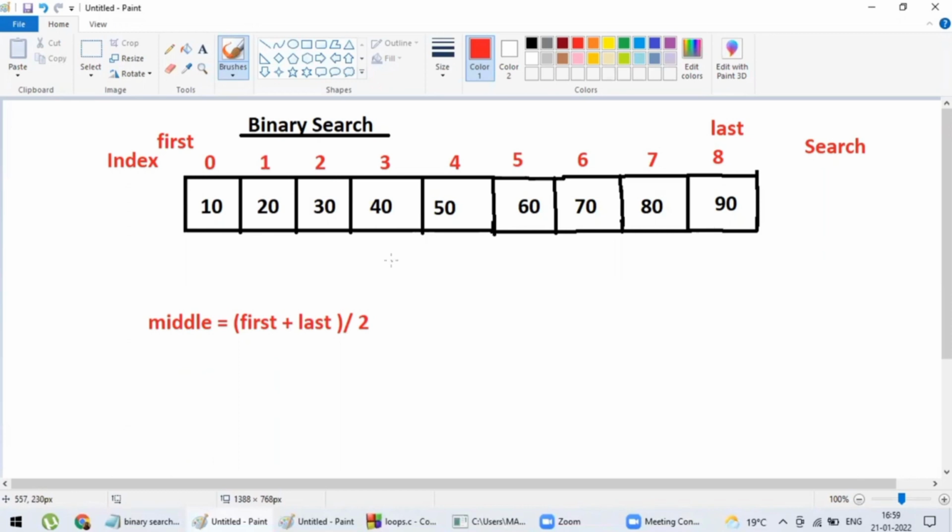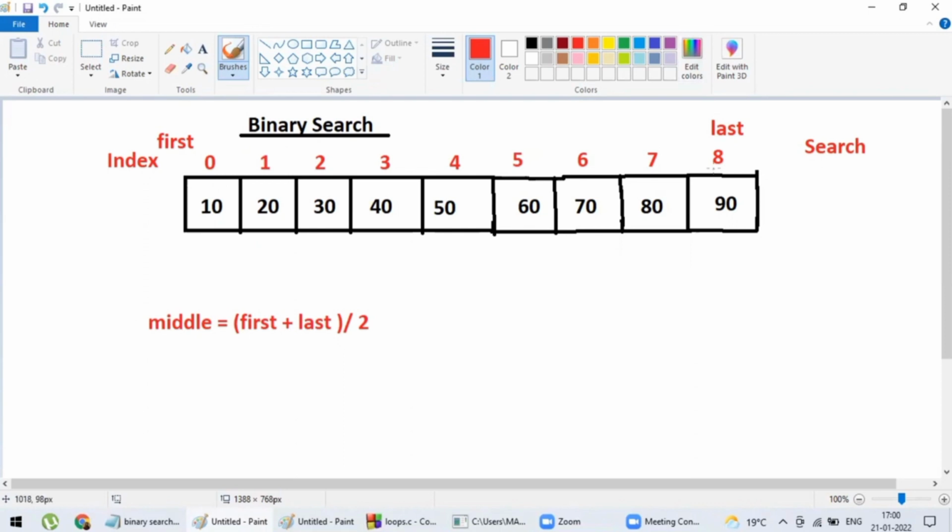Now let's see the working of binary search. If I want to search an element using binary search, first of all you have to store two values. First, that is the first index, and last, that is the last index. In my case, first value is 0 and last value is 8.